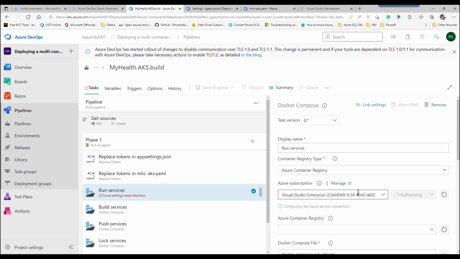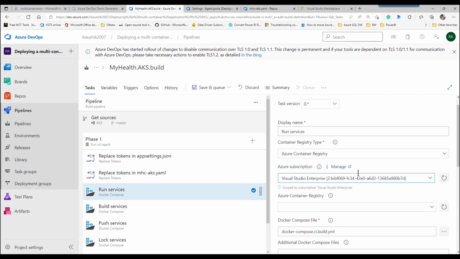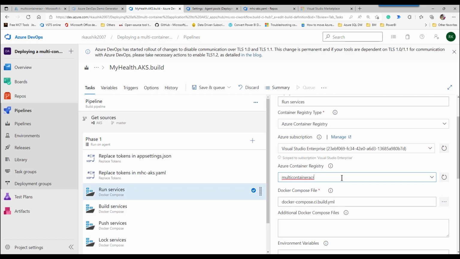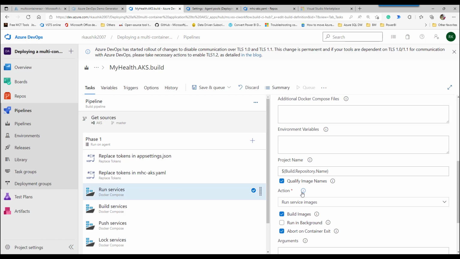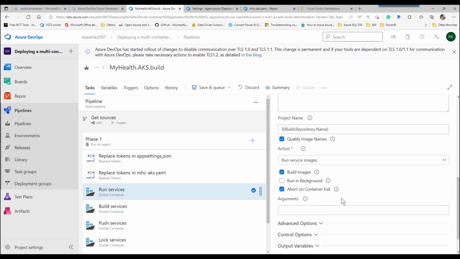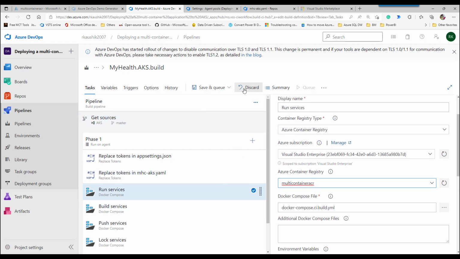So why we need this authorization? Because you can use any subscription. Now it is already connected to your subscription. You can use the container registry. So here the container registry, it is showing multi-container ACR automatically. And here, once this task is running, it is going to build the image, and all these values are populated here. Now let's save it